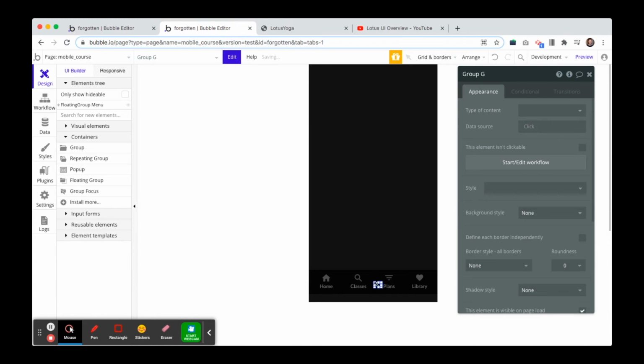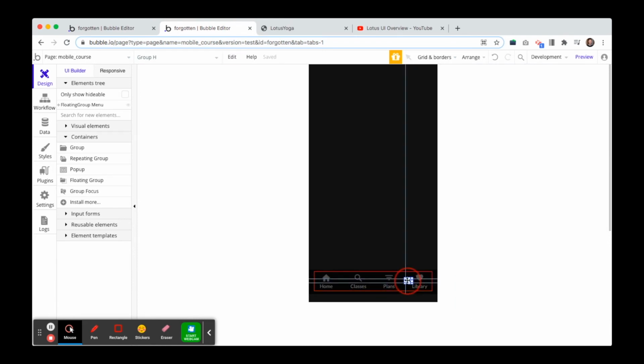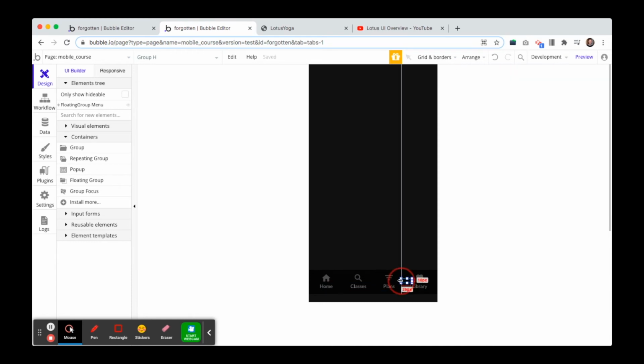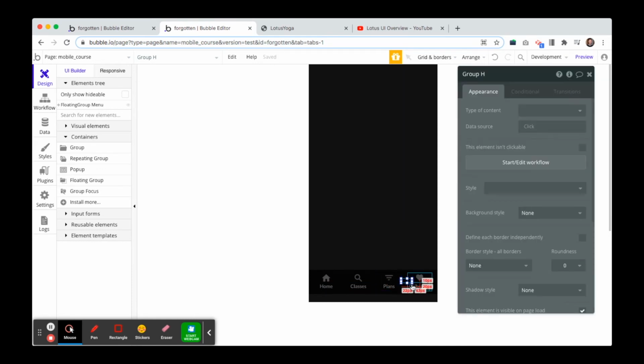All good enough there. If it doesn't snap to the edges, I'll figure it out on the next go round. So to that edge, and then